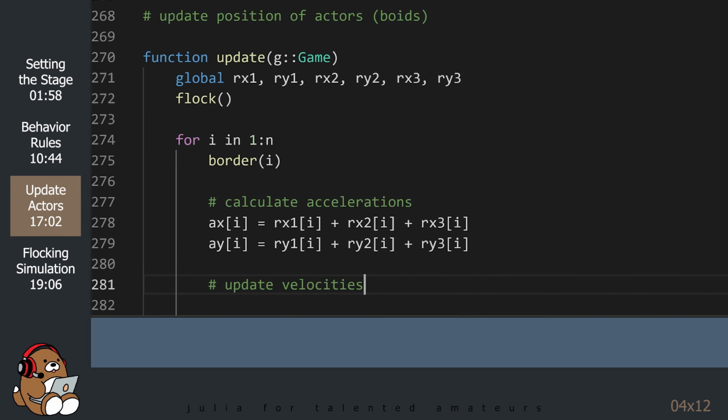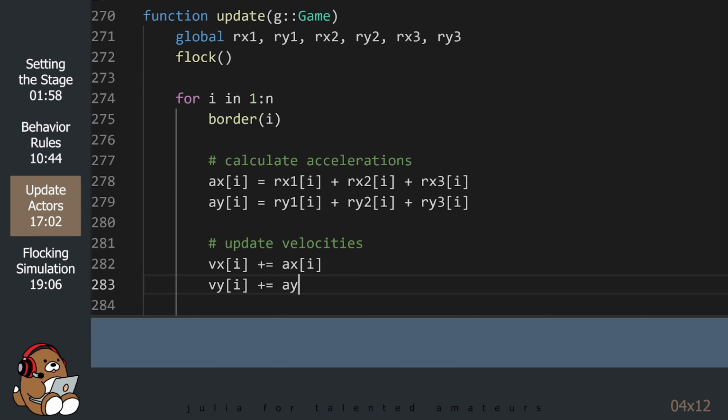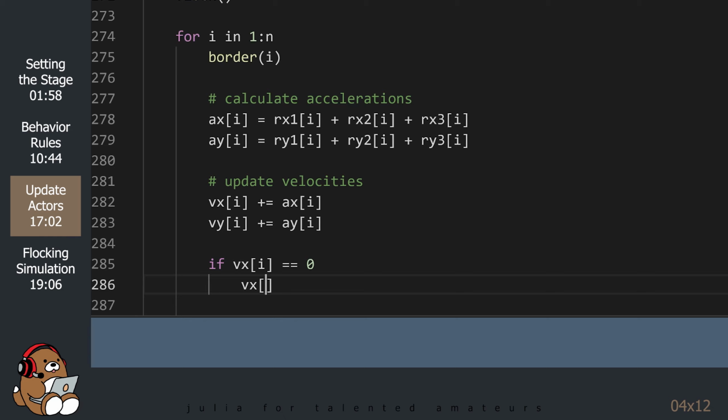Next, we use this acceleration to update the velocities for each Boid. We do one final check for minimum and maximum speeds.